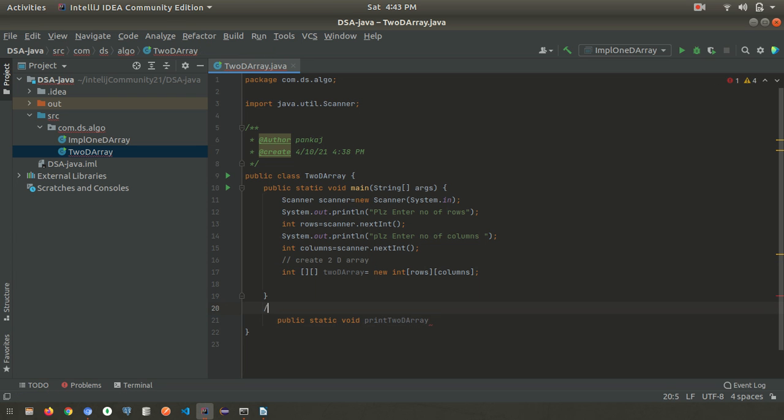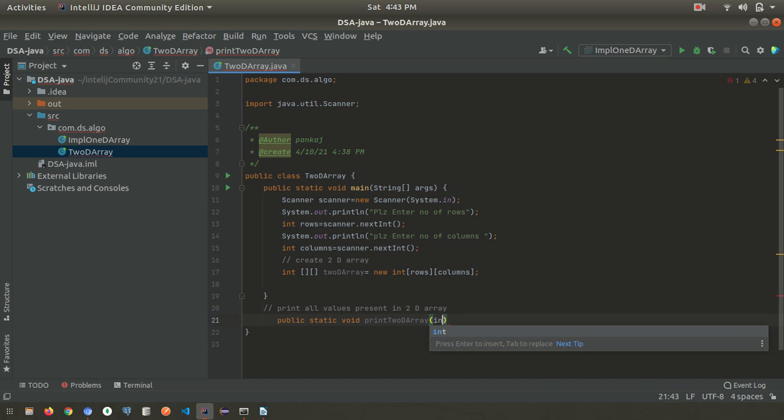This method is all about printing all values present in the array. This method will take an argument as a 2D array, so an integer 2D array, and the name of the array. We'll just write it as array.